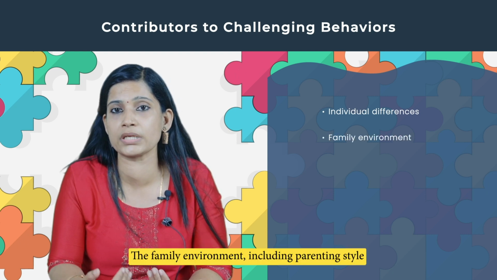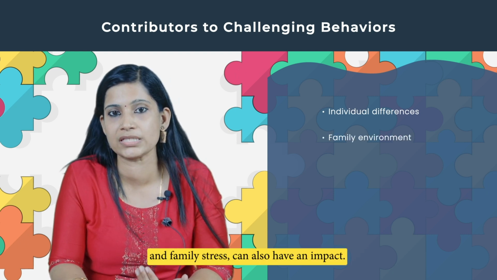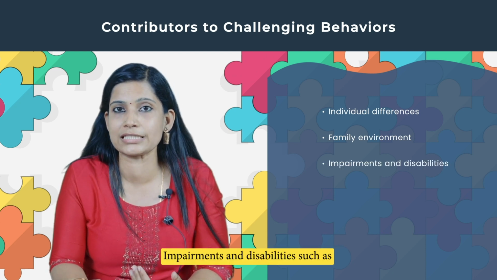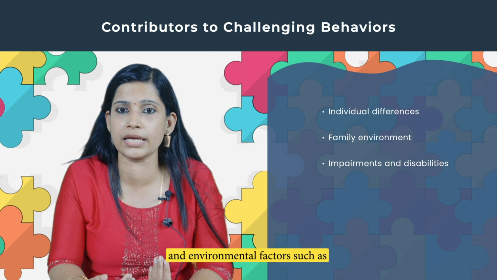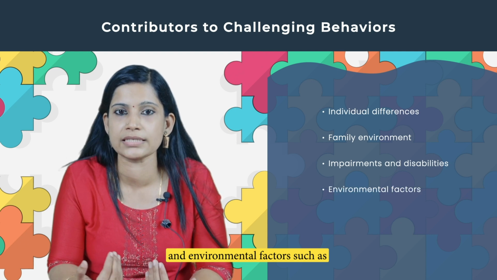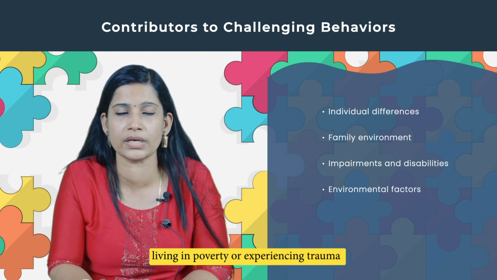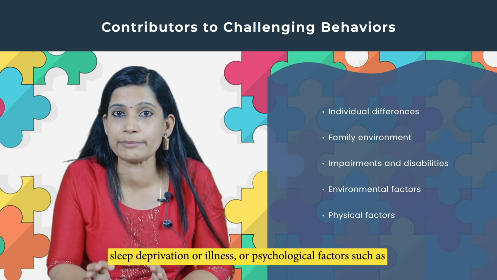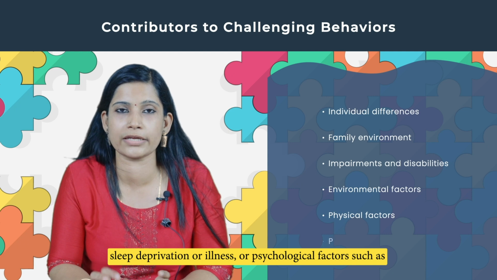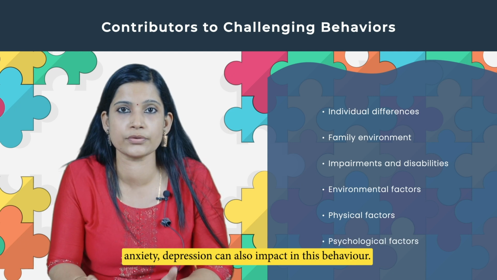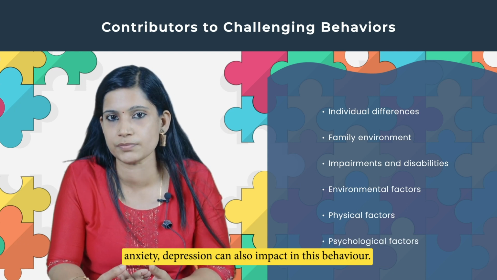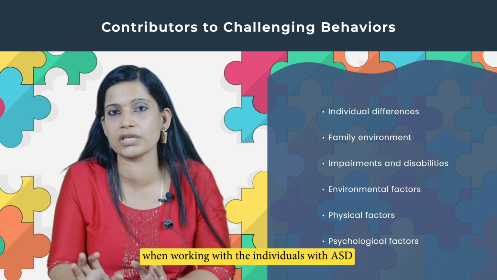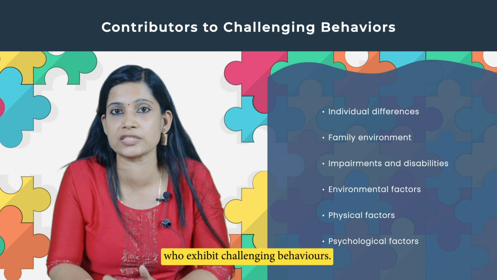The family environment, including parenting style and family stress, can also have an impact. Impairments and disabilities such as autism or ADHD, and environmental factors such as living in poverty or experiencing trauma, can also play an important role. Physical factors such as sleep deprivation or illness, or psychological factors such as anxiety or depression, can also impact this behavior. So it's very important to consider all these factors when working with individuals with ASD who exhibit